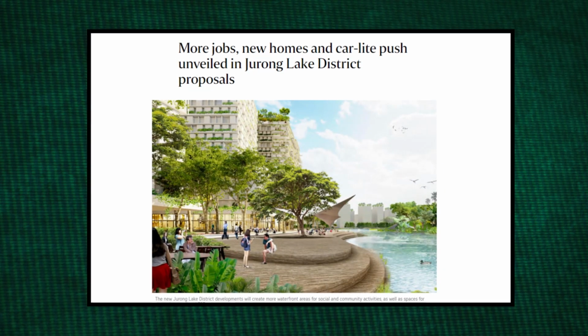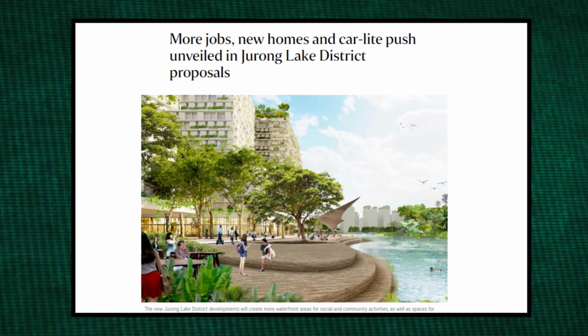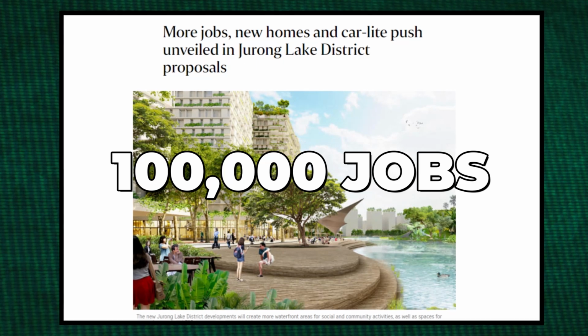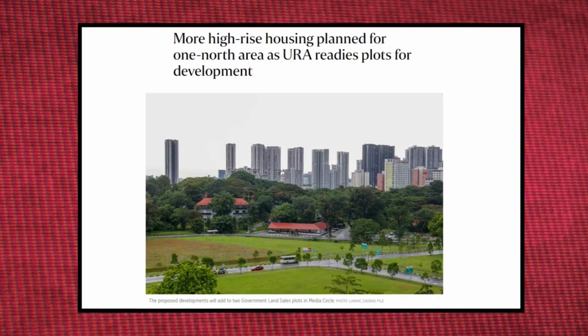And number 2, we also have the Jurong Lake District, which is upcoming. The government is doing a lot of changes, making a lot of transformation in that area, and that area itself will create up to 100,000 jobs. And of course, we also have the Greater One North area, which has already been growing rapidly over